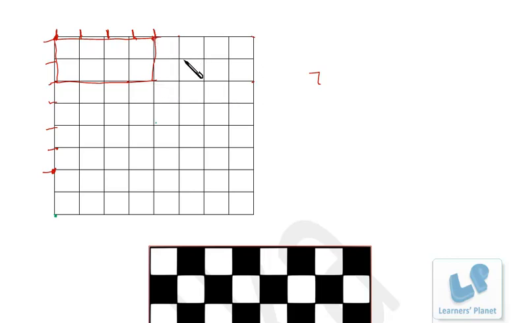Okay, because we need 4, so 1, 2, 3, 4, right? So 5 rectangles will be there, and the size will be 2 by 4. So 7 into 5. Similarly, we can take up this way, so that will be just double of that. So 7 5s are 35 into 2, 70 rectangles will be there having dimensions 2 by 4.